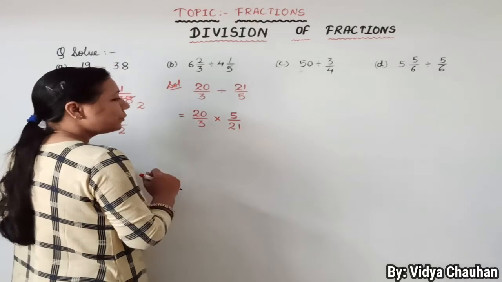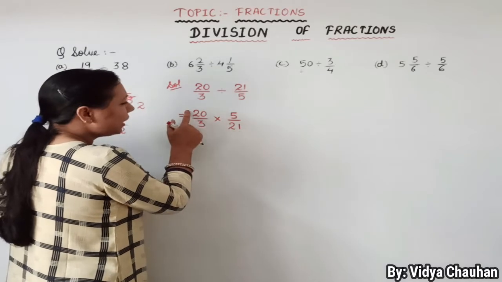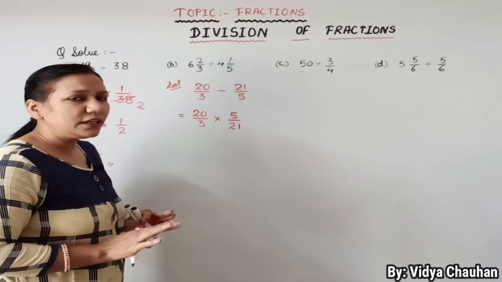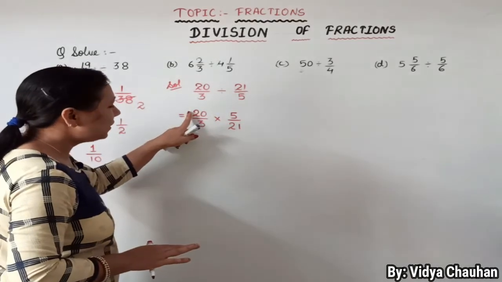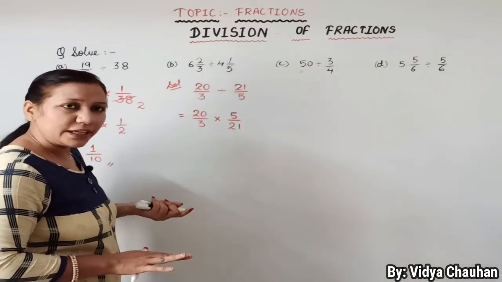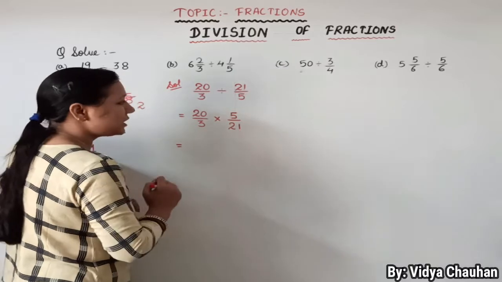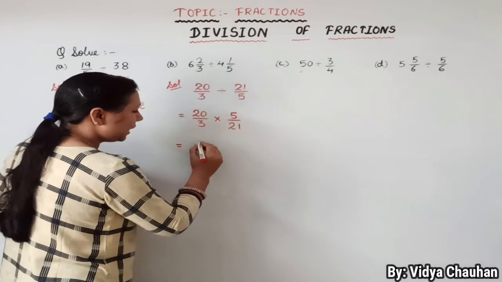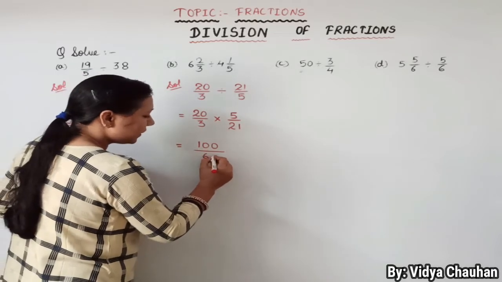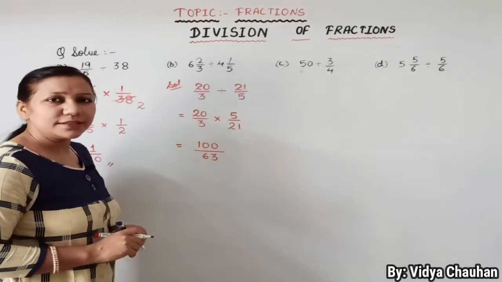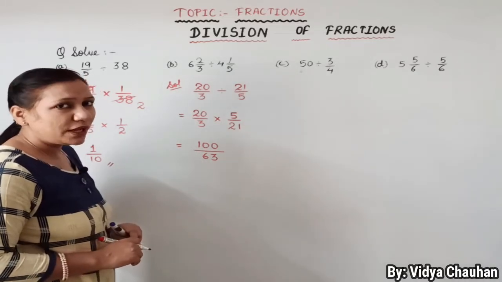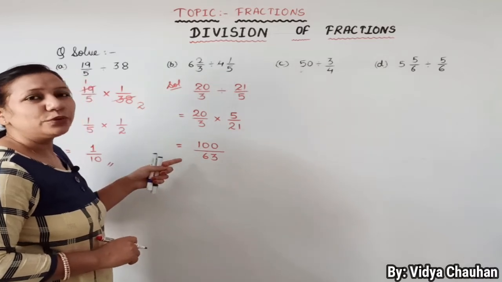Clear? So now moving forward, let's check whether any numerator or denominator, or in the cross, any term is simplifying here. No. You can see 20 not simplifying with 21, 5 not simplifying with 3 at all. So in that case, we simply have to multiply the terms. So what is 20 multiplied by 5? It is 100. And 21 into 3 will give us 63. 21 3s are 63. Now as you can see, the final answer is an improper fraction. So what we have to do? We have to change it back to a mixed fraction.